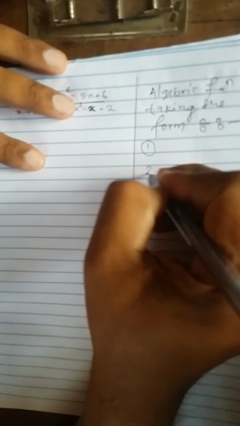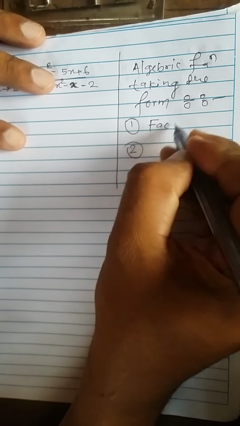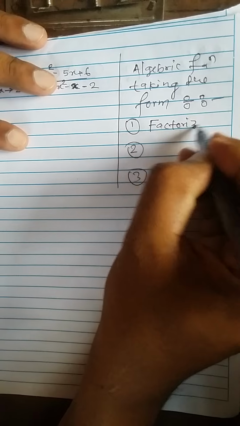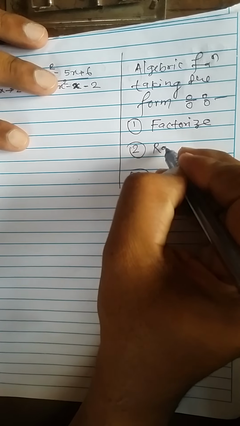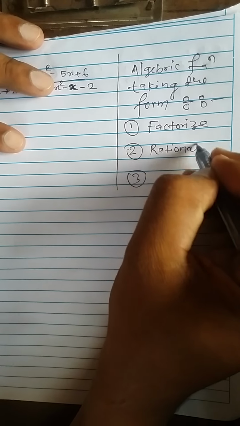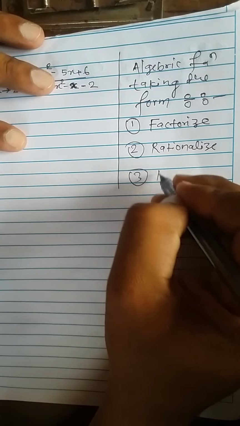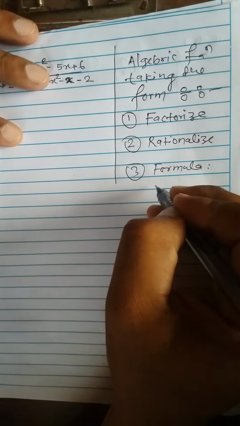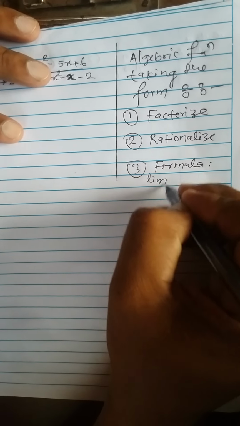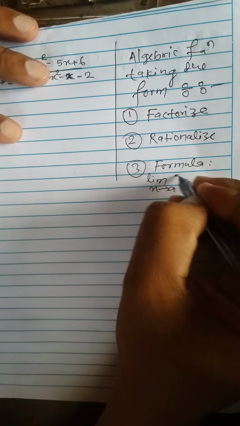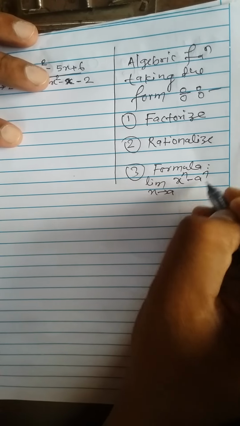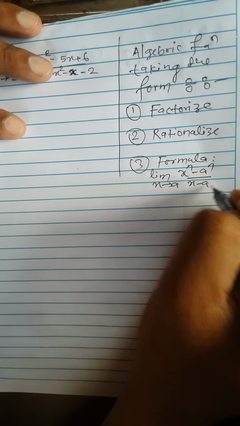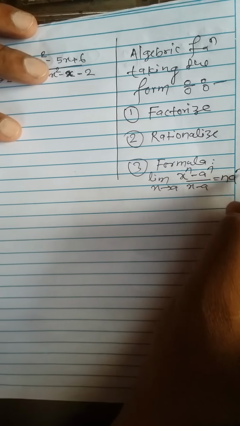have three methods. First method is factorize. Second one is rationalize. And third one is the formula. The formula we established is limit x approaches a, x to the power n minus a to the power n divided by x minus a, equal to n a to the power n minus